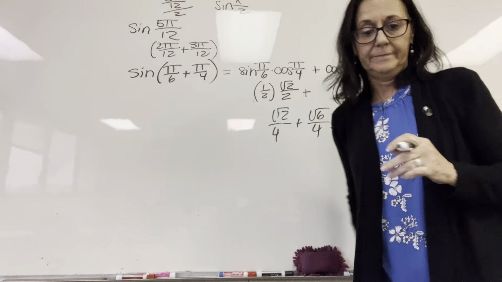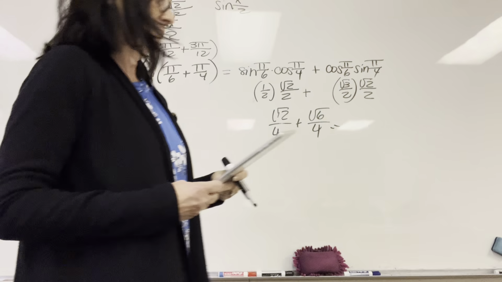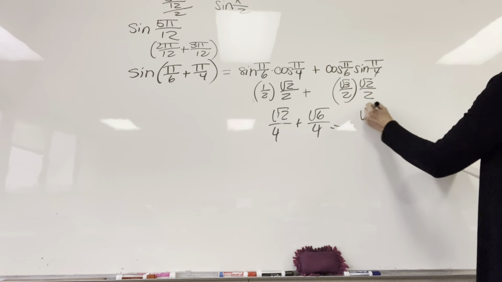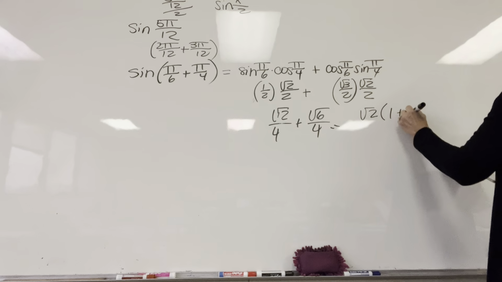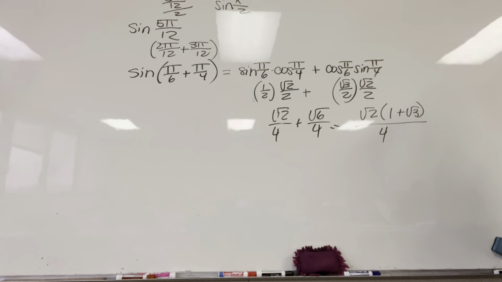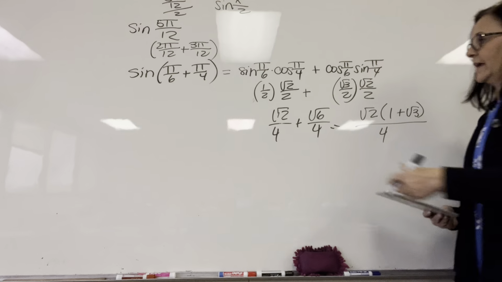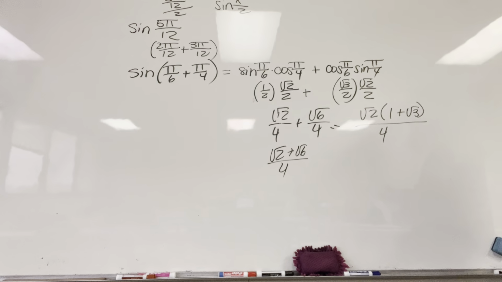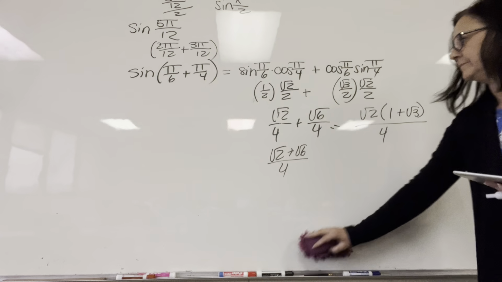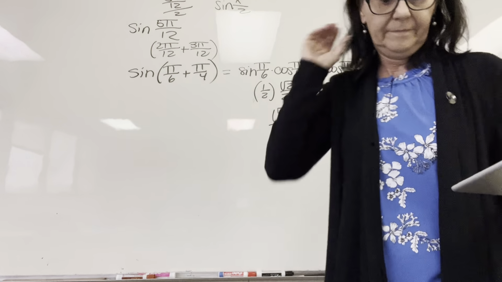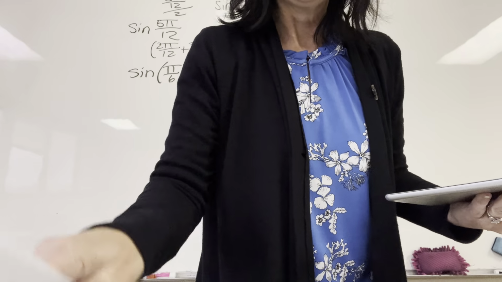You can't simplify that. That would just be your answer. I bet your textbook did square root of 2 times 1 plus square root of 3 over 4, but that doesn't simplify it anymore. I don't know what your book did. Actually, they just did square root of 2 plus square root of 6 over 4. They can accept any of those. I really don't like that one. I just don't. Okay, that is